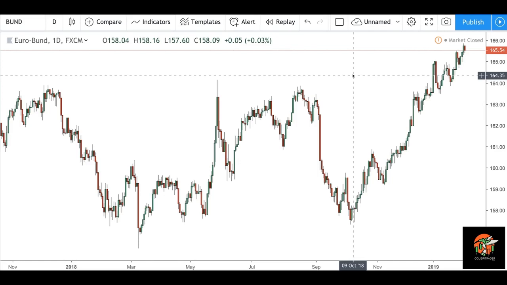I wanted to show you another function of the supply and demand zones, and I'm actually going to take another, less popular instrument amongst the retail traders. It's the Bund, and I'm saying less popular because usually you don't really find it in most of those charting packages on the retail brokers. It's more common amongst the futures traders, but again, it's one of the good examples for supply and demand, and that's why I just wanted to use it for the sake